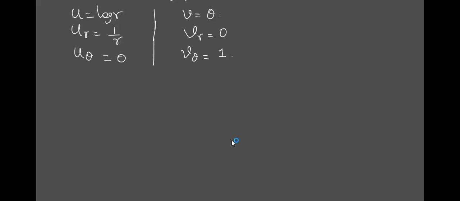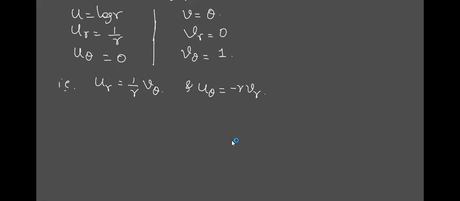Tell me what I have to write. Shall I write ux equal to vy here? No. What should be written then? u_r is equal to 1 by r v_theta, and u_theta is equal to minus r v_r. See, all of you should remember this. If you make a mistake, it is difficult.